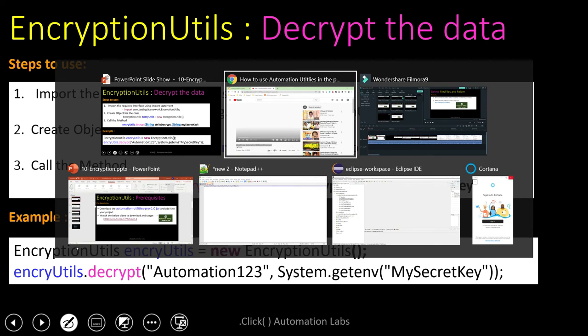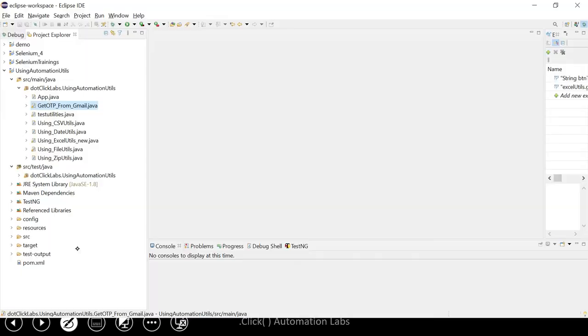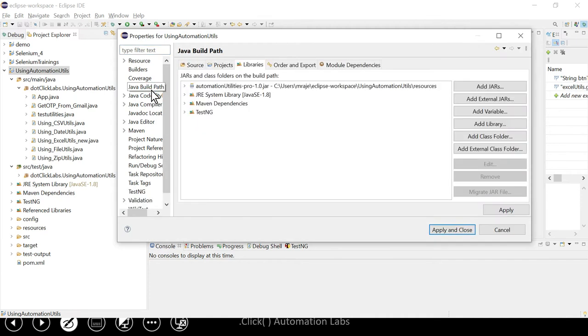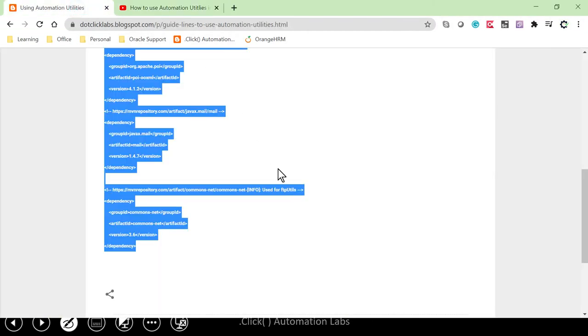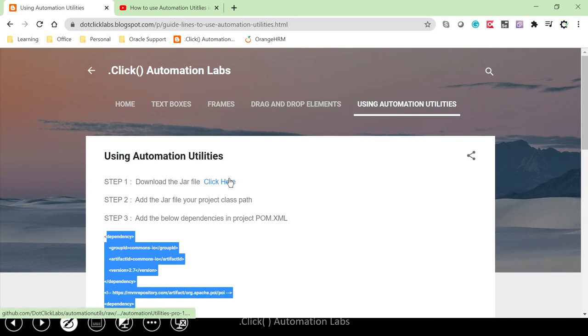So where is my Eclipse? This is my Eclipse, okay guys. This is my project. Before I start, make sure that you have added this automation utilities pro 1.0 jar, which I downloaded from this particular link. Visit clicklabs.blogspot.com and add this.